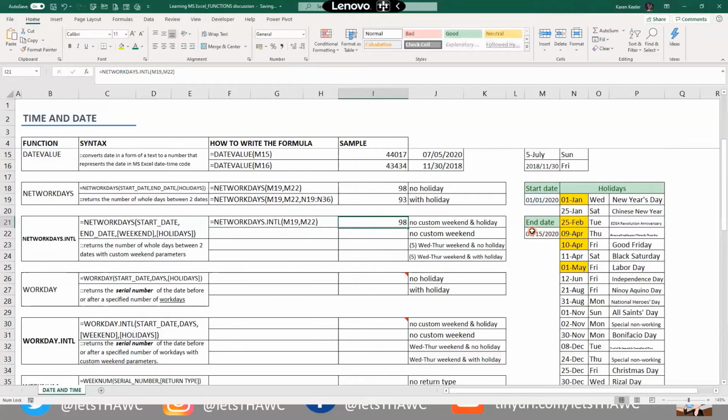So it gave me 98. If you notice, these two formulas are different because the second one has .intl, but it gave the same result. Again, because since I did not put any weekend argument, it assumed that the weekend is a Saturday and Sunday, and that there are no holidays. Now, I can also put here a second scenario. This time, I will put a holiday, but I will not put any custom weekend. So that would be